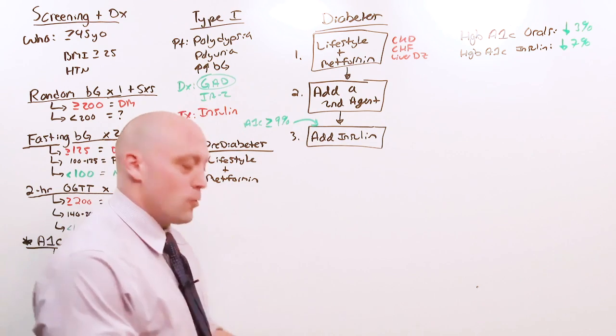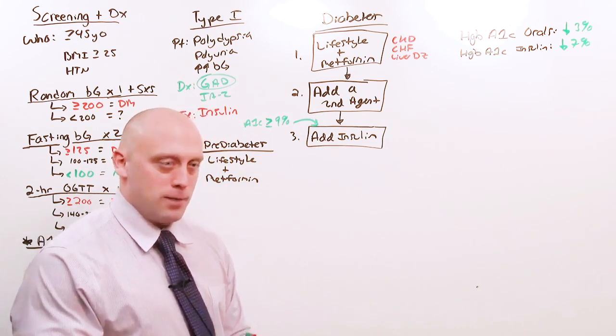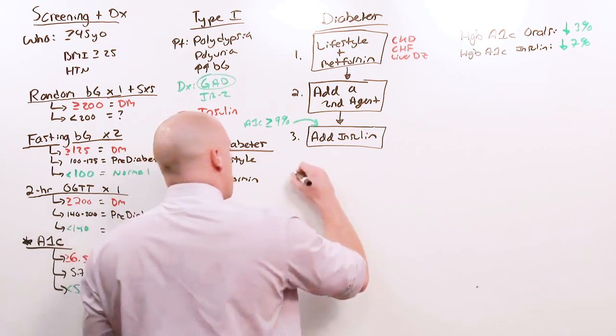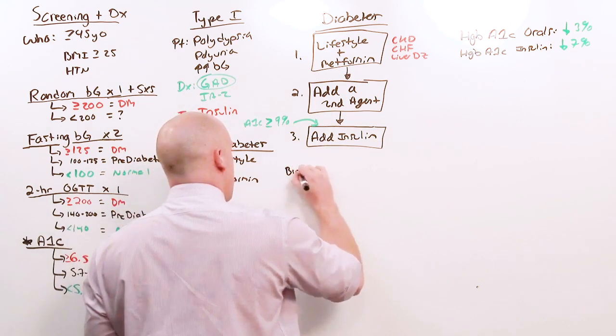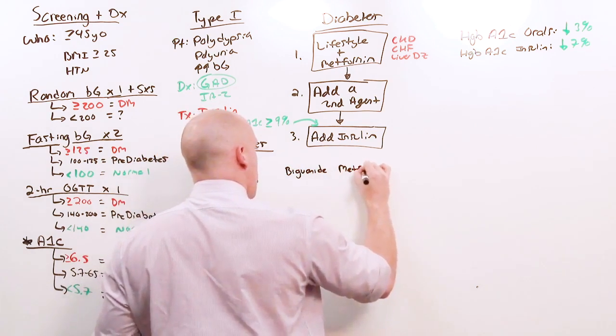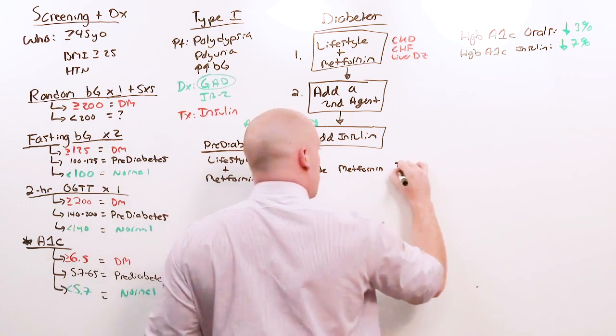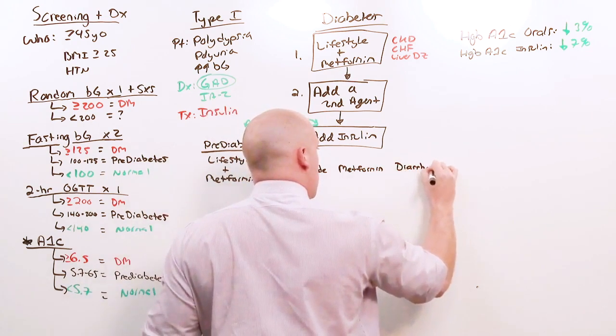Add a second agent. What are the agents? What are the classes? And how do you pick? All right. So we've got biguanides. That's metformin. Its side effect is diarrhea. And generally, if you can get through the diarrhea,